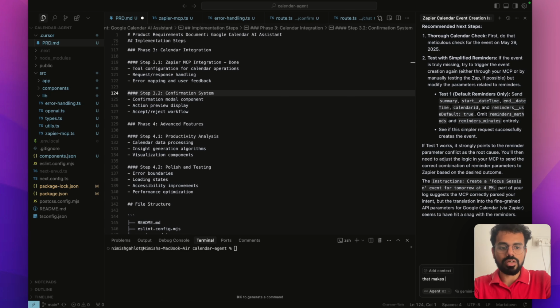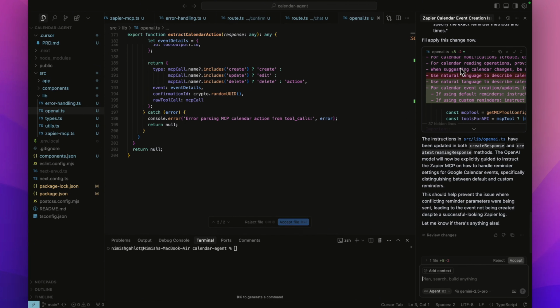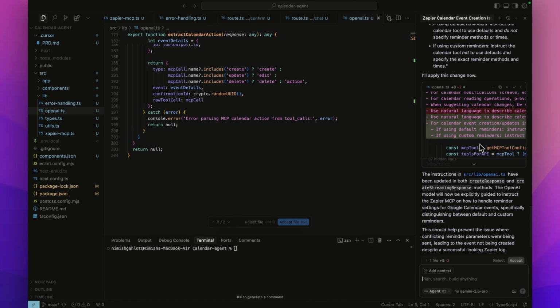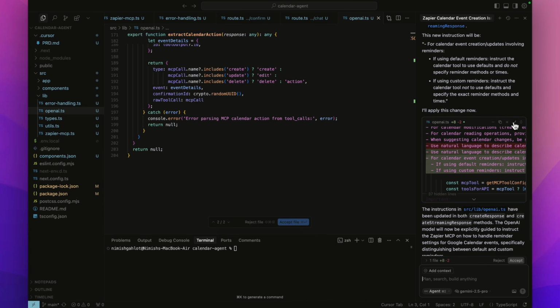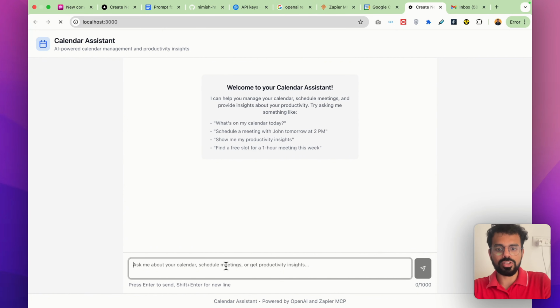That makes sense. Can you make sure that you mention this in the responses API when it's using the MCP server? And if I look at the changes it has made, it has added custom instructions mentioning how the format for MCP's information should be. I think this should fix it. So I will just refresh this page and send my instructions again.